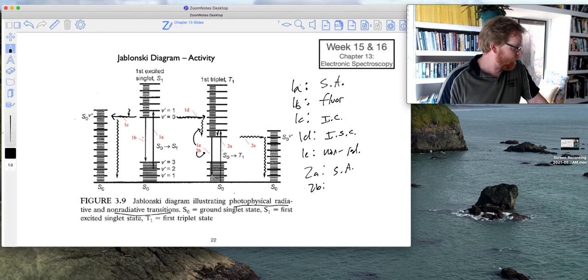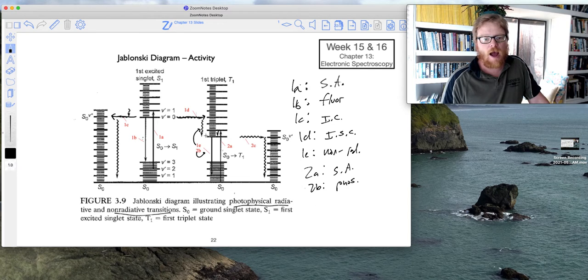2B right here, that's going to be phosphorescence, because it's going from a triplet back down to a singlet, and the emission energy is less than the excitation energy. 2C is another non-radiative transfer, and you can see that that's also going to be intersystem crossing, going from the triplet state to the singlet state. Okay, so moving on, let's get into